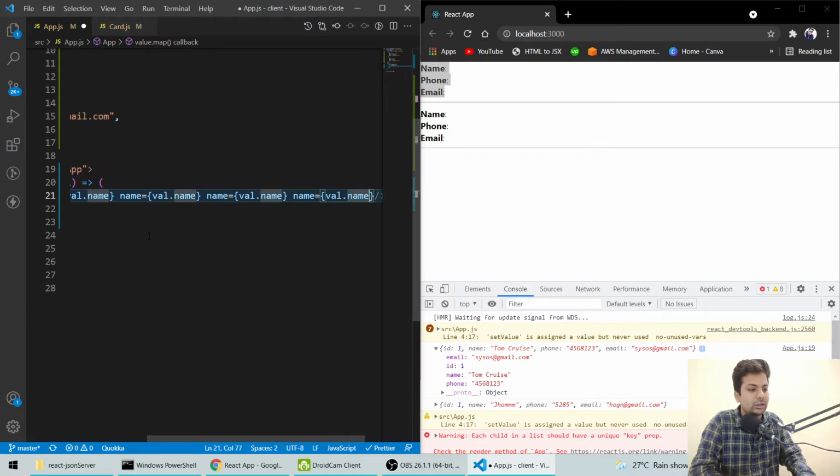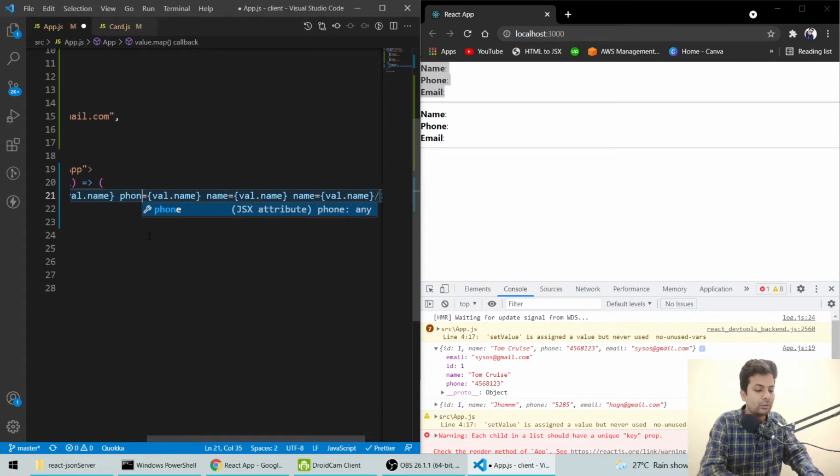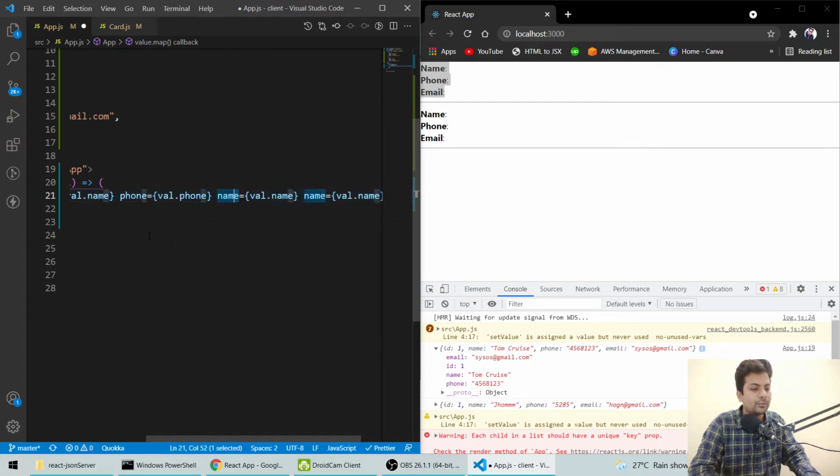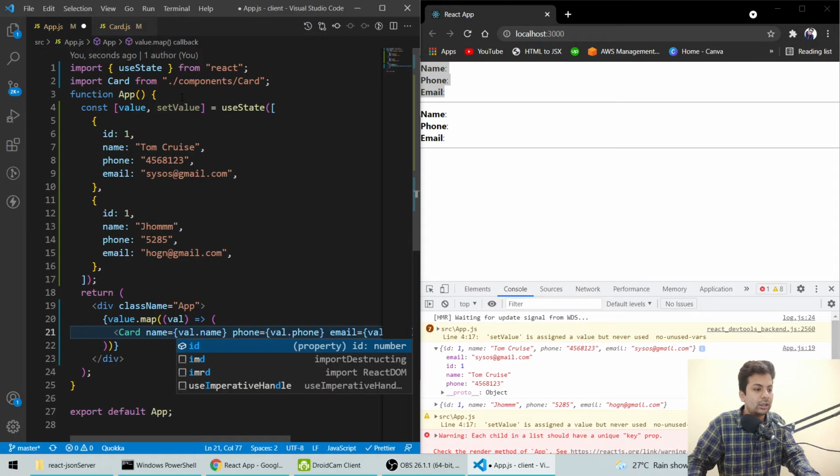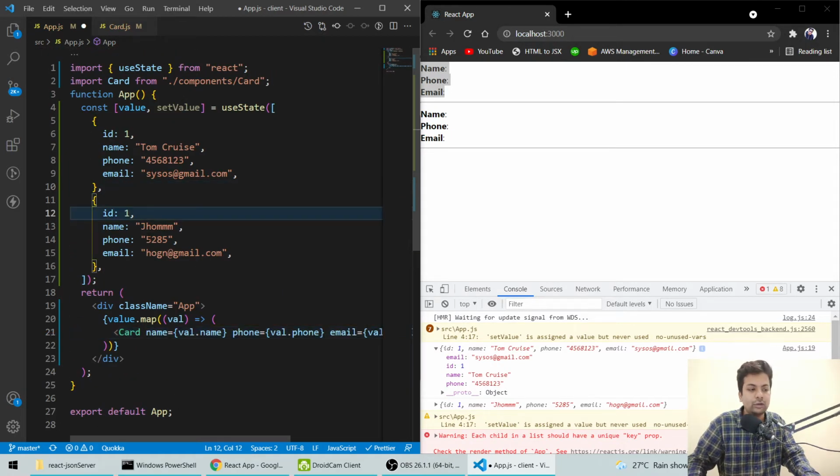Now we'll have phone, email, ID. I think the ID is the same, I should change it, the ID should be different. Let me just save it.